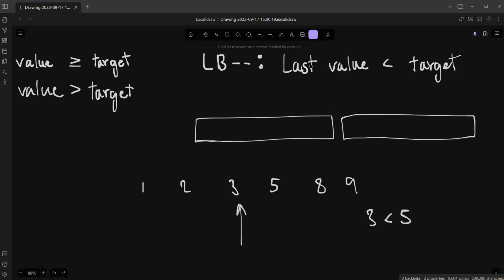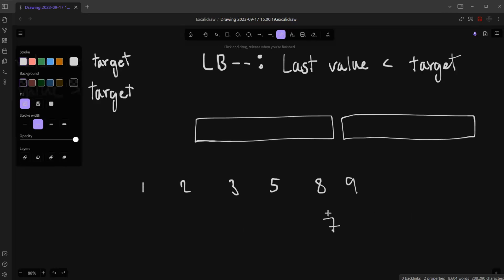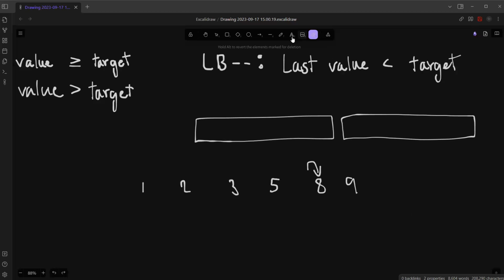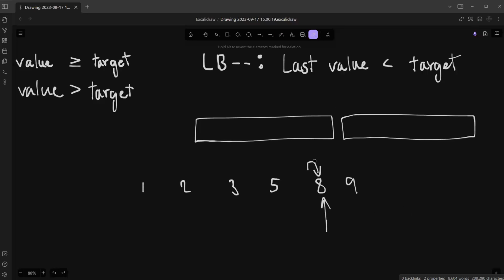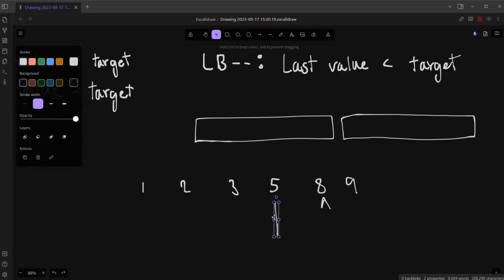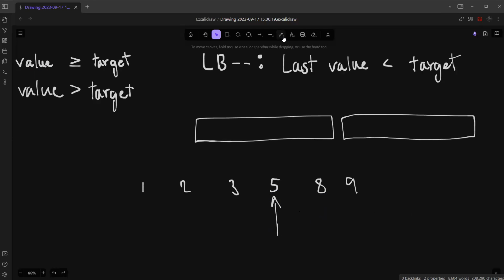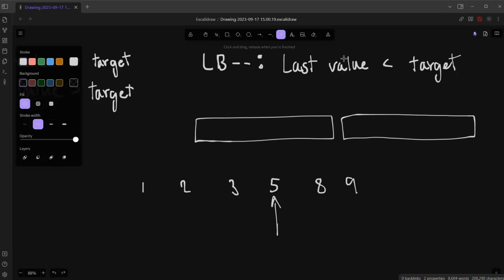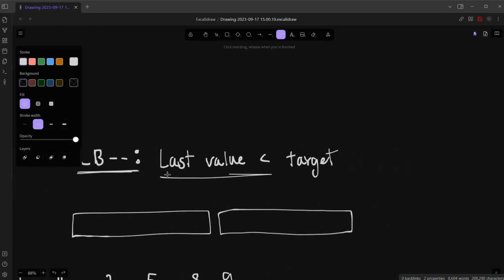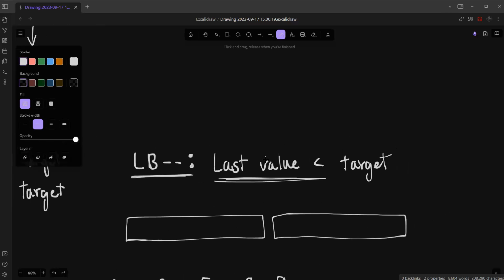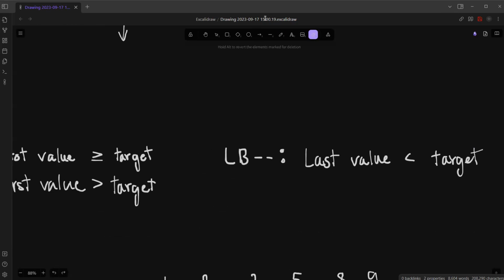Now, let us say that instead of 5, I did a lower bound for 7. That will go to 8, right? Lower bound for 7 will point at 8. Now, if I take the lower bound for 7 minus minus, that will go to 5. And again, 5 is the last value that is lesser than 7, the target. So you can see that LB minus minus will be the last value that is lesser than the target. Now, similarly, if I take upper bound minus minus,